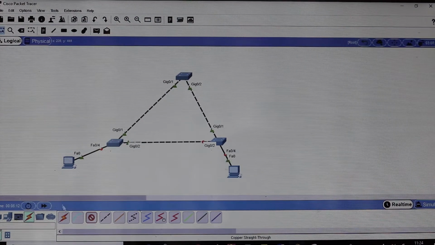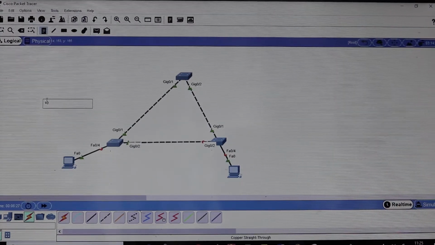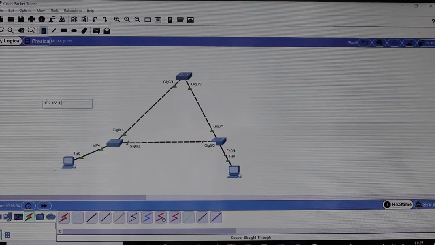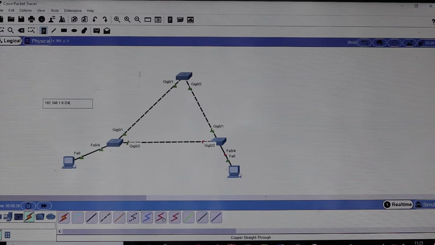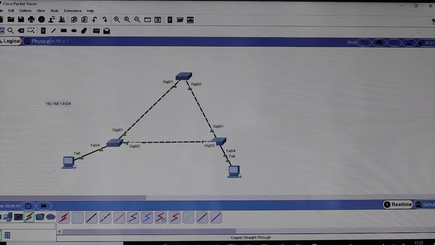We have to assign IP addresses to the PCs. This is one broadcast domain, so I can choose any subnet. Let's say a subnet of 192.168.1.0/24. So if I should assign IP addresses to the PC, I'm choosing it from this subnet.